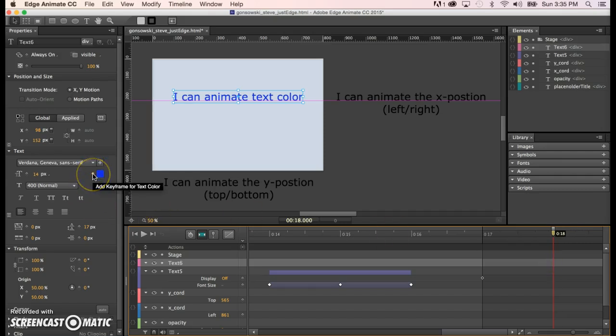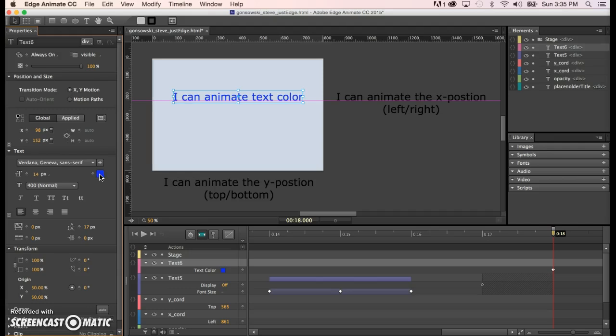We're going to plant another keyframe, go in here, and you know what? Actually, I neglected to put the keyframe in at 17, so let me go back. There it is. There's my keyframe at 17 seconds. I already have one at 18. It's the one at 18 that we want to change, so I make sure I have my playhead at 18